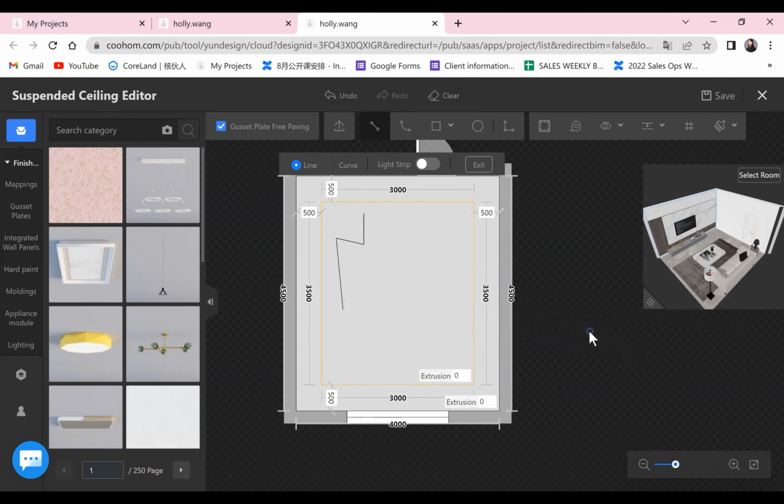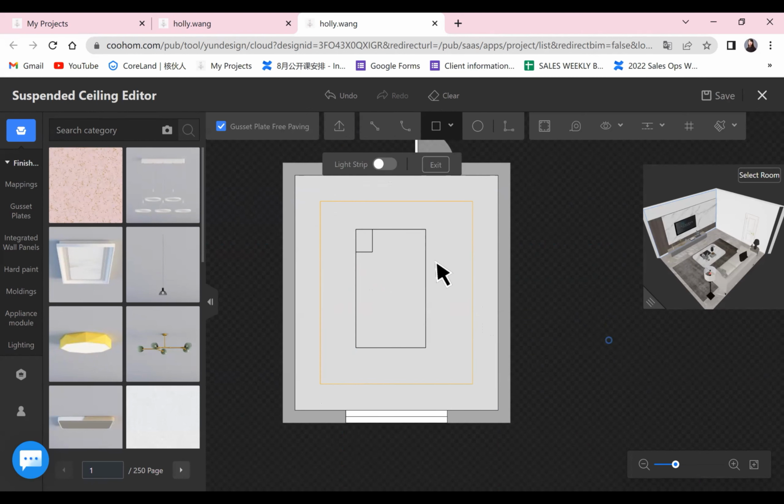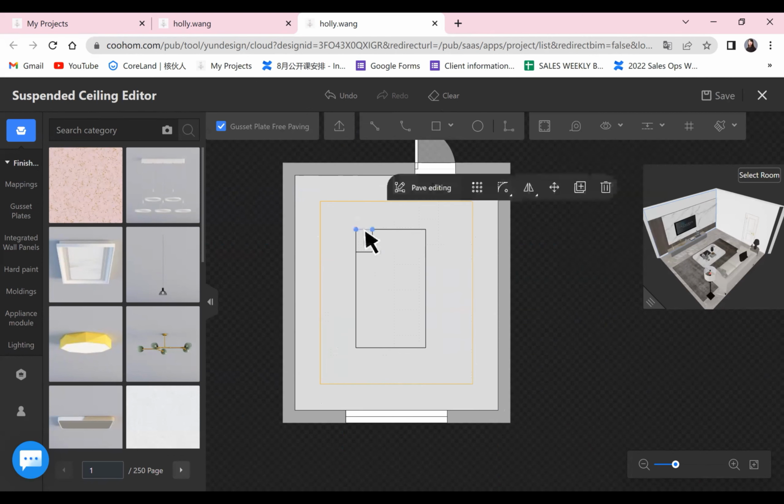Yeah, but it seems very difficult for you to draw a shape like that, right? You can also use the rectangle and something like this, then you can delete the line you don't need. So maybe you have a shape like this, right? This is also useful when you make some wall designs. If you have these shapes on the wall, you can also draw something like this and delete the unnecessary lines, okay?